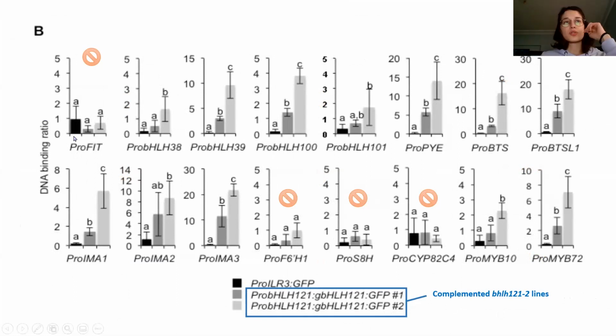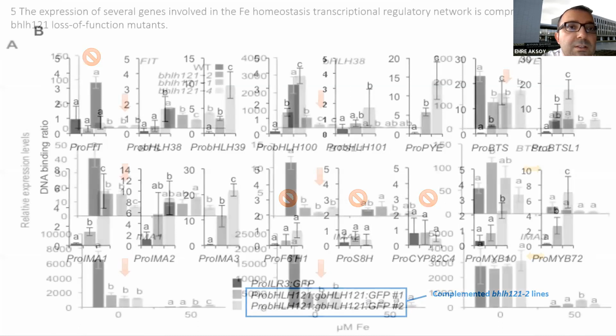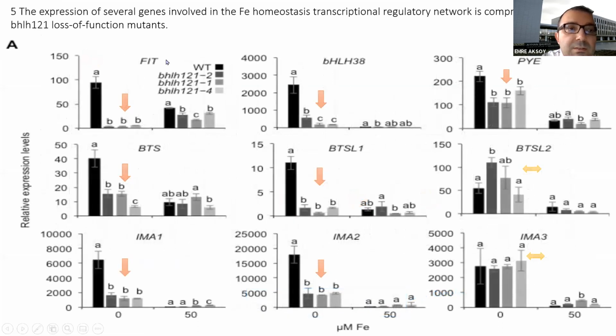Hocam, isn't that just showing whether BHLH121 and FIT interact? Okay. I'm not sure. It tells that BHLH121 doesn't bind to the FIT promoter, okay? But then you have a different expression of the FIT gene in the mutant. What causes this difference? So definitely this doesn't happen because of the BHLH121. Hocam, can there be a